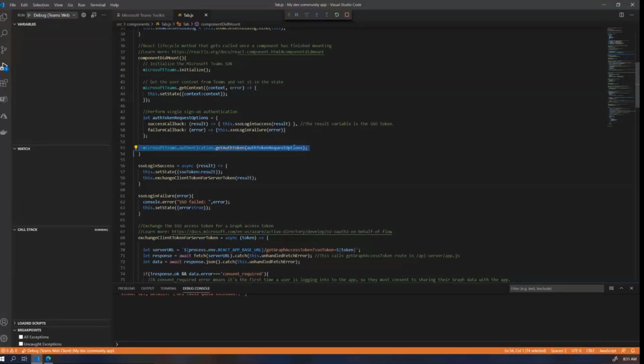And you shouldn't have to do that again until your token expires. And afterwards, we had to consent to graph. And that happens afterwards. So get SSO, SSO login success. What happens after SSO login success? We get the result, which is the token, and we are saving it to state in the SSO token